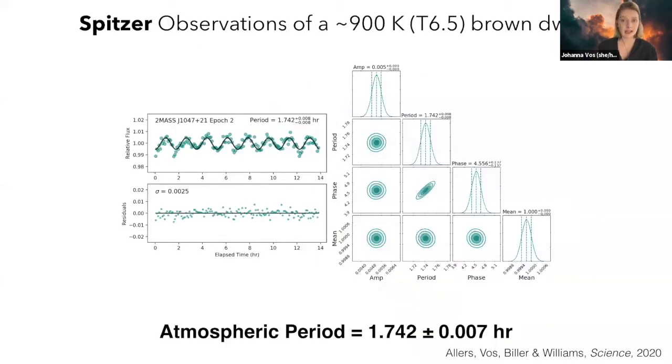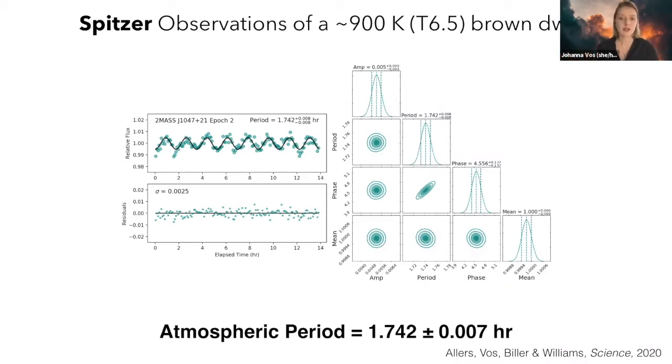And we got a hit for one object, 2MASS 1047, which is a late T dwarf with a temperature of about 900 Kelvin. And this is the coolest known object outside of our solar system that has radio bursts consistent with aurora. So we use Spitzer to measure the